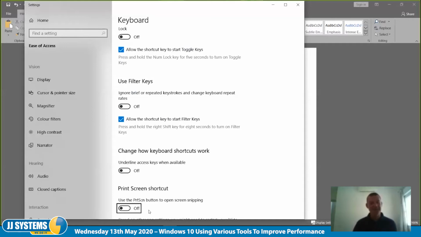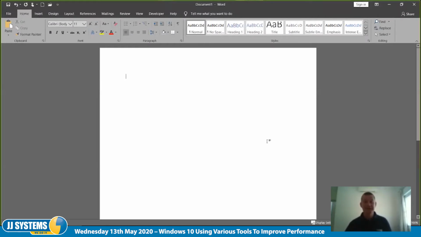However, in the ease of access section, there's a button here which is set to off, and I think one day that's just going to be on by default rather than off, and it may not even be an option. But if I switch it on, what it means now is my print screen button will launch the enhanced snipping tool. So if I close this, once again, back in Word, if I really, really want a picture of Word to go into Word,